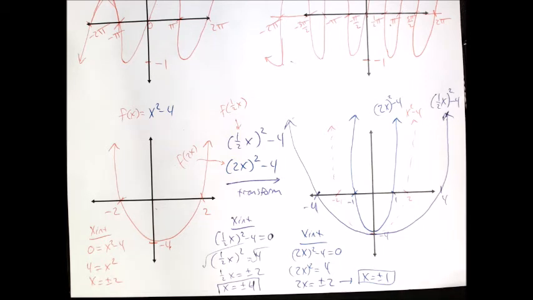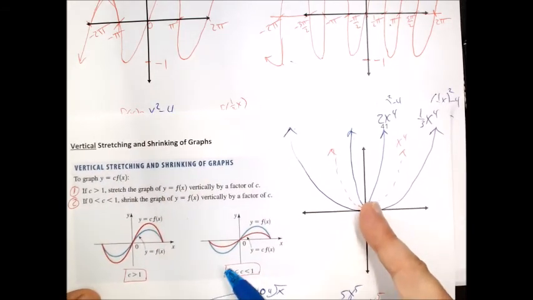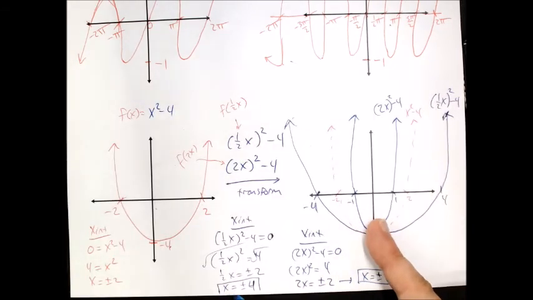I do want to make one other point here. If there aren't questions about this, let me just pause and see if there's a question before I make a point here. So notice that this horizontal shrink and stretch looks a lot like a vertical one. If you look at the last page, it looks very similar to this kind of thing that we did here. This is from the vertical stretching page. This thing looks almost exactly like this one,